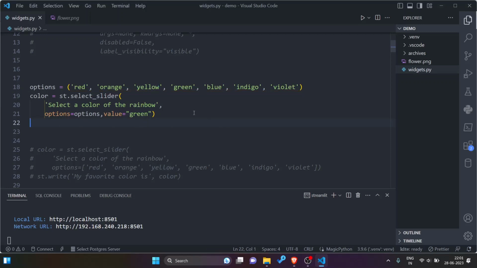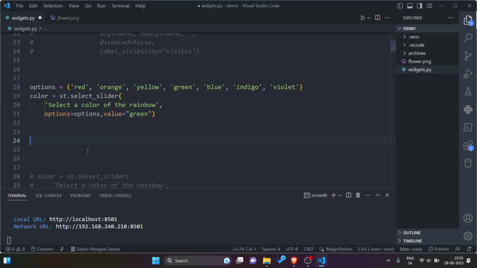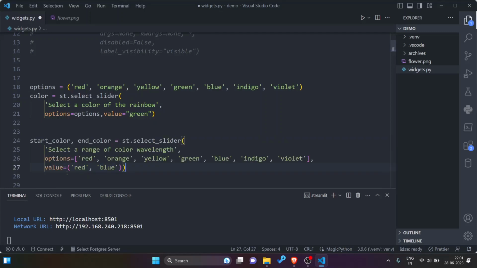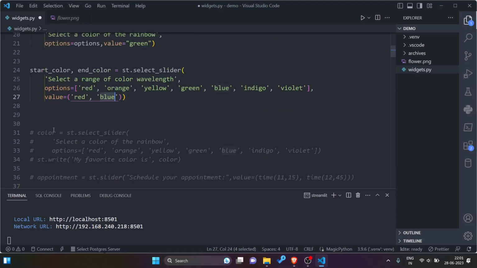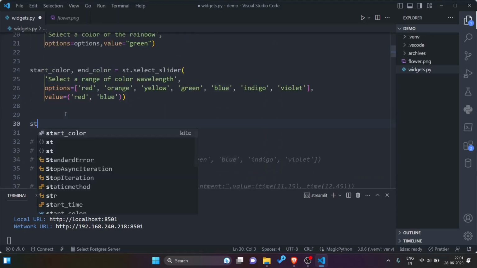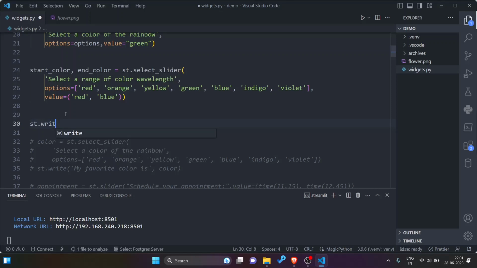One more thing is there, I can pass a range, a start value and an end value of the range. So then my select slider starts from red up to blue, and then it can be changed. So let us see the example. st.write, let us see it as it is first.